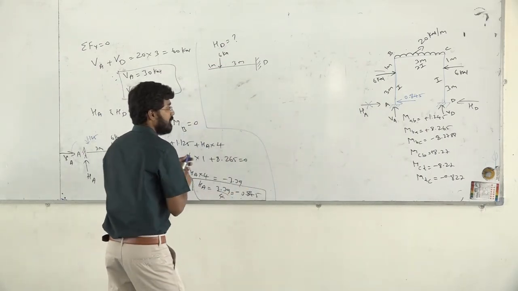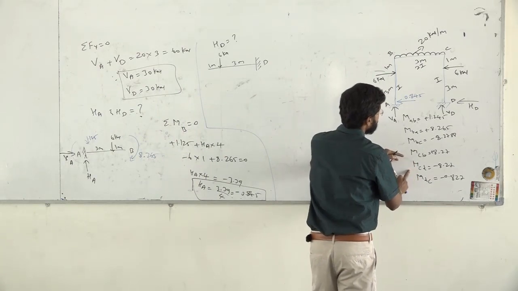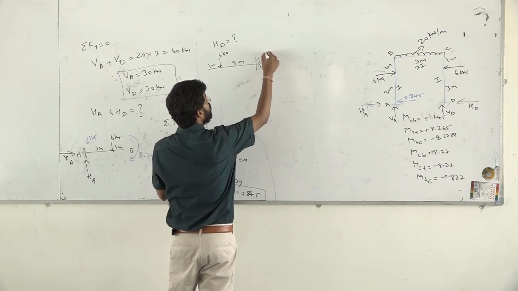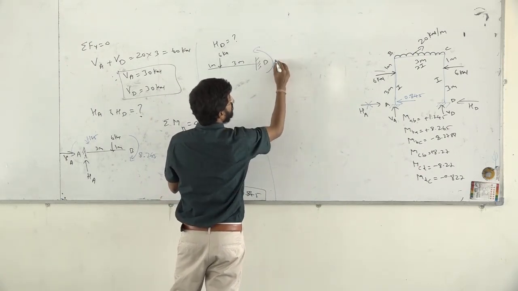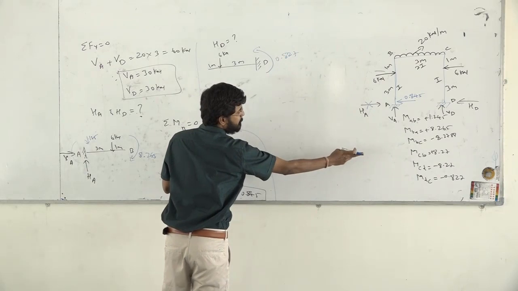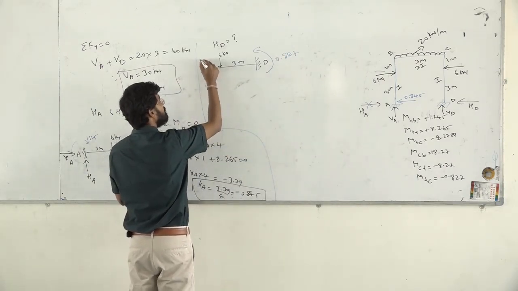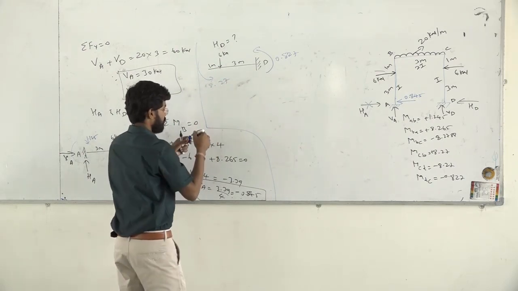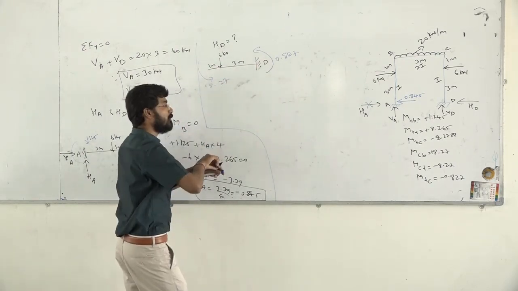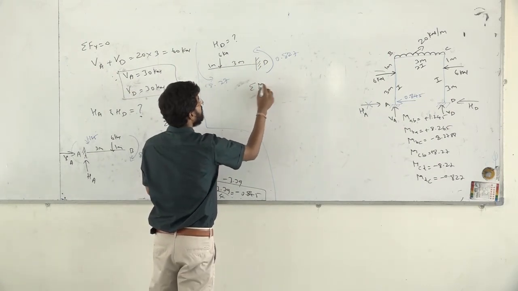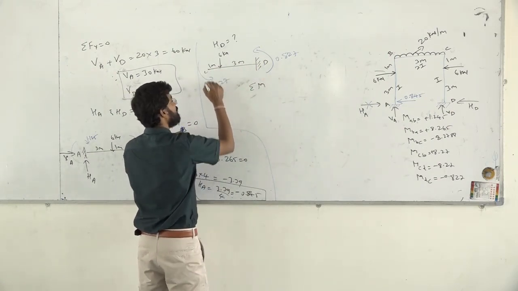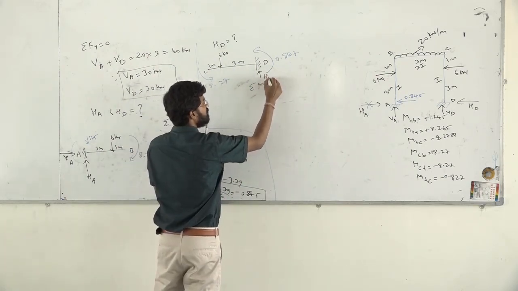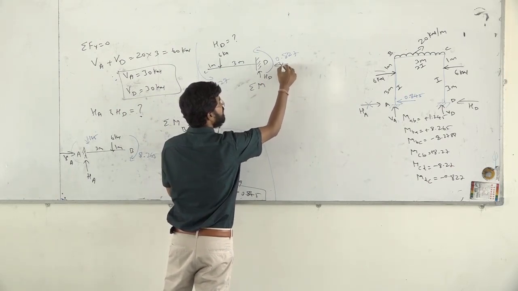Now here if you see, we even have MCD and MDC. MDC, if you see, has anti-clockwise direction. So it is 0.827. Similarly MCD we have, again it is anti-clockwise direction. So this is 8.27. So this is also anti-clockwise, this is also anti-clockwise we have got. So if you do the summation of moments at point C, if this was D, you will take it as C. Now here we have our HD. So this is our HD. Here we have our VD. VD we have already got.